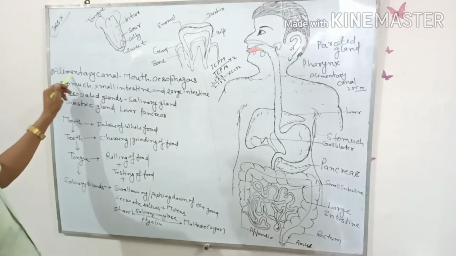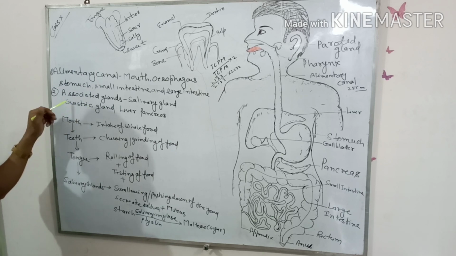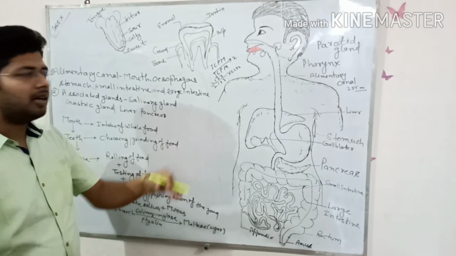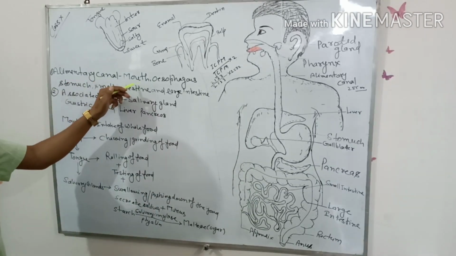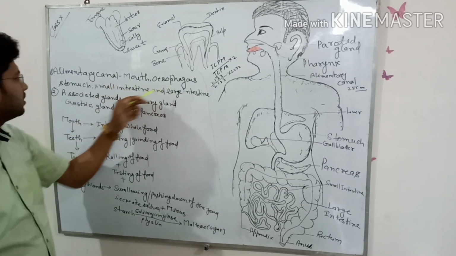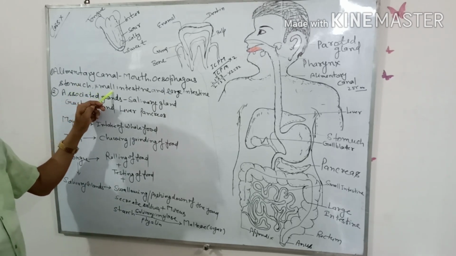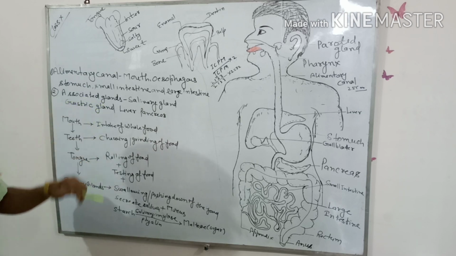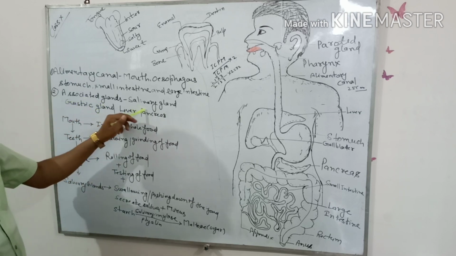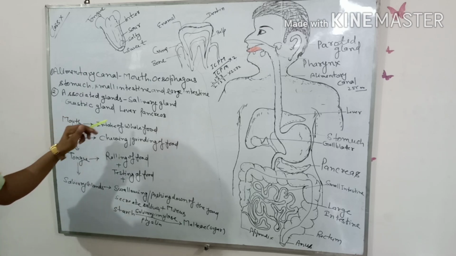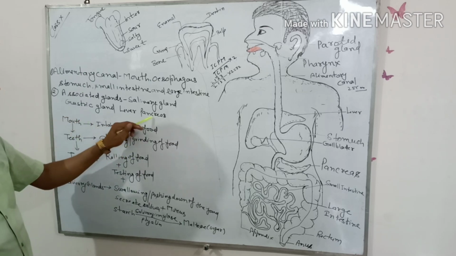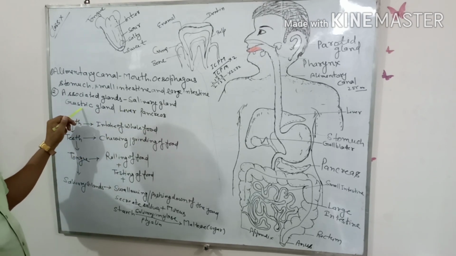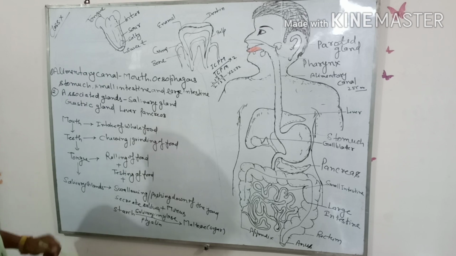Firstly, the alimentary canal and associated glands. The whole process of the human digestive system is divided into two parts. The alimentary canal consists of the mouth, esophagus, stomach, small intestine and large intestine. Okay. Next, associated glands. There are four main glands: salivary glands, gastric glands, liver which is the largest gland, and pancreas which secretes pancreatic juices. The stomach secretes gastric juices.